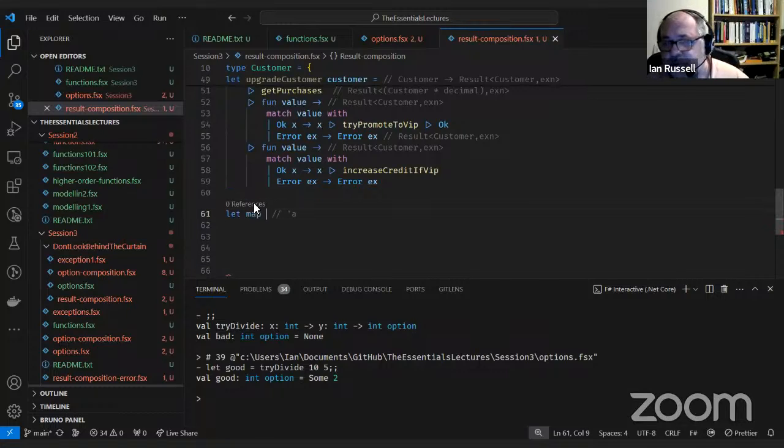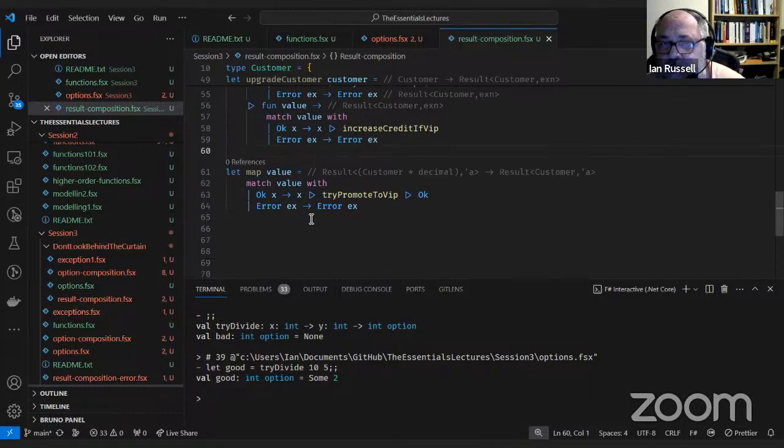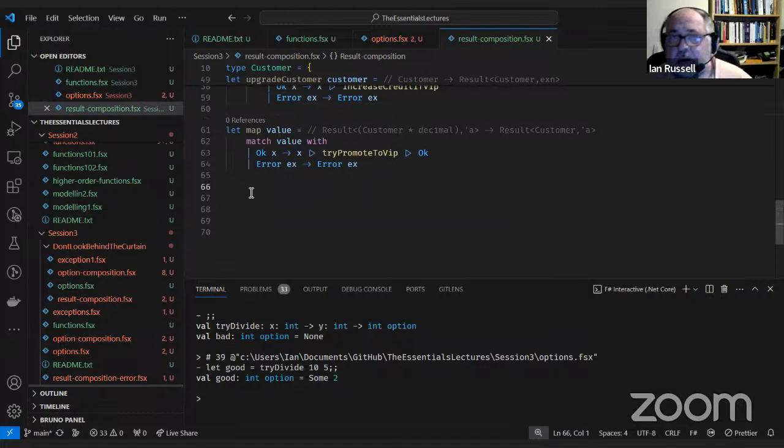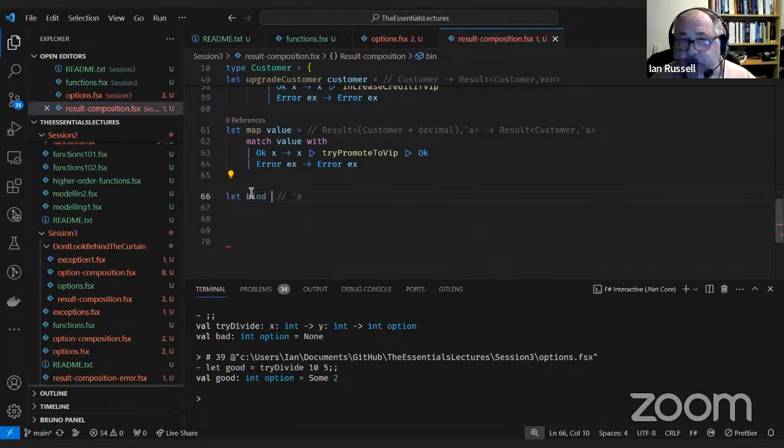I'm going to call this function map, and it's taking a value. And I'll call the other function that I'm going to use bind.